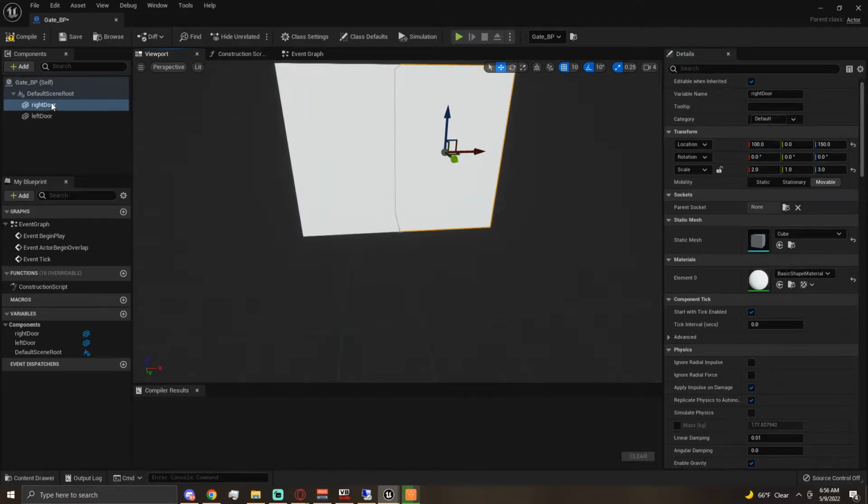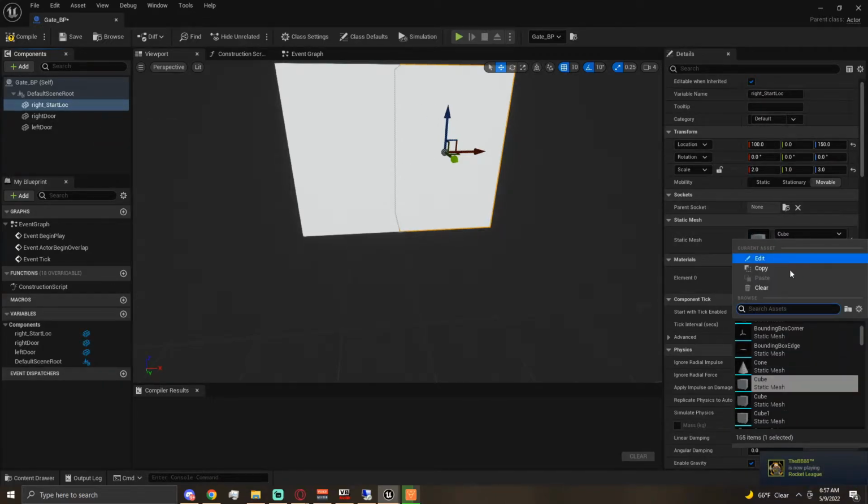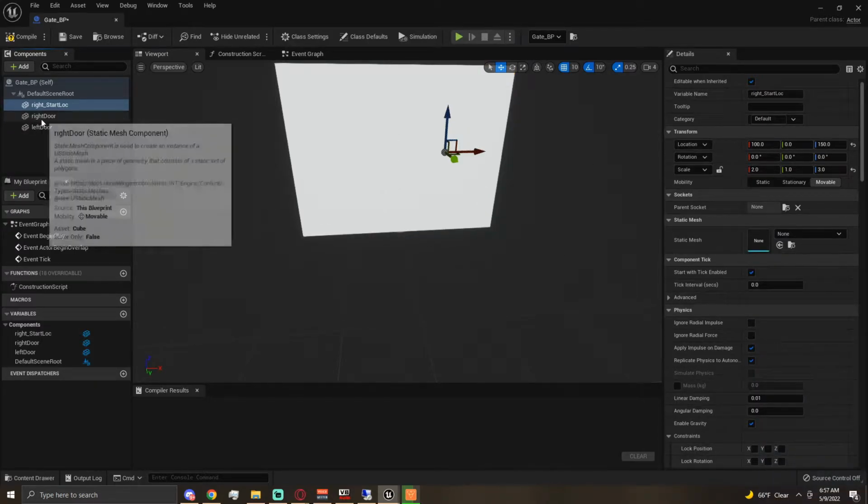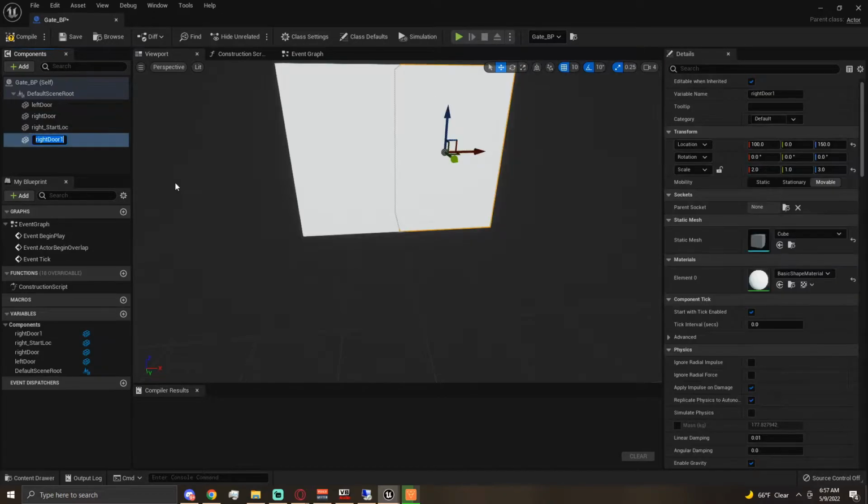Then what I like to do is duplicate. I'll take the right door and duplicate it, and I'm going to call this right underscore start location, so loc for location. We're going to leave it there. What we're going to do is clear it so that it doesn't have a static mesh now. Then we're going to take right door again and duplicate, Control D,